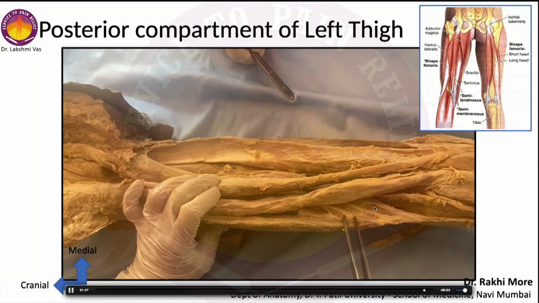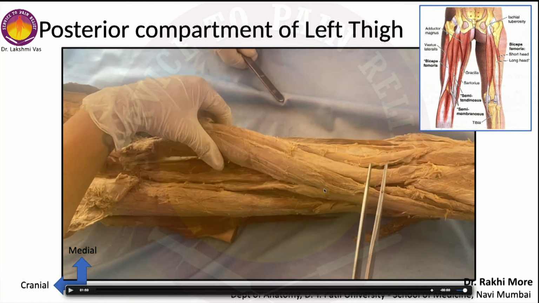Okay. And deeper over here, this part which you see is the short head of the biceps femoris muscle. You can see both of them are coming and getting inserted on the head of the fibula over here, while the semimembranosus goes and gets inserted on the posterior aspect of the medial condyle of the tibia, and the semitendinosus will go to the medial aspect of the medial condyle of the tibia to get inserted with the gracilis and the sartorius. So this is regarding the muscles of the posterior compartment of the thigh.